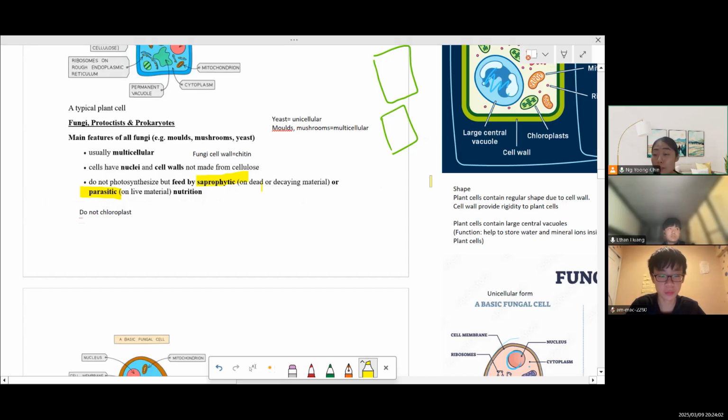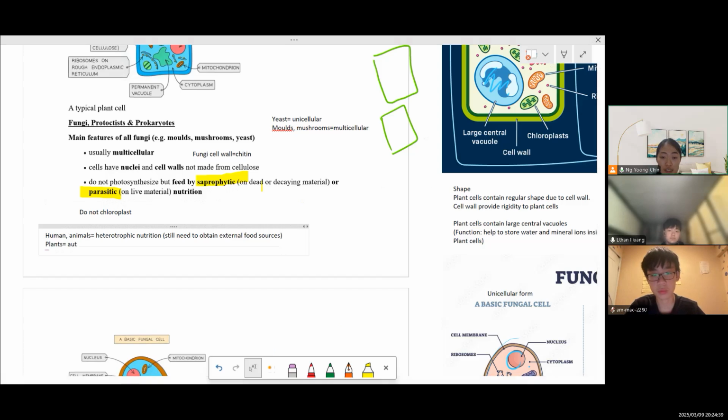In human and animal, their nutrition is known as heterotrophic. Nutrition in humans and animals is classified under heterotrophic nutrition, because we are unable to produce our own food, so we still need to obtain an external food source. Okay. Then in plants, we are able to perform photosynthesis, so it refers to the autotrophic